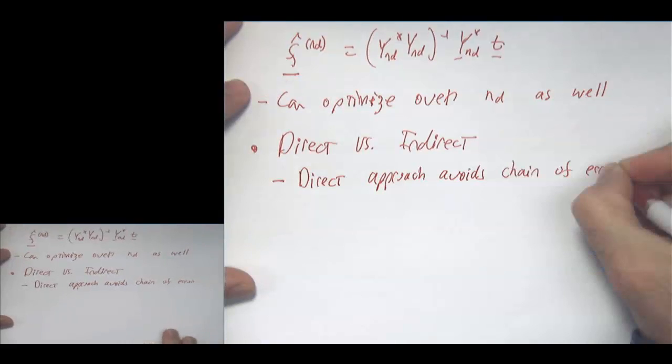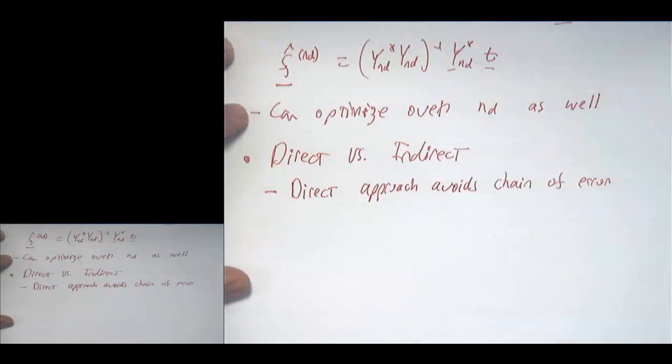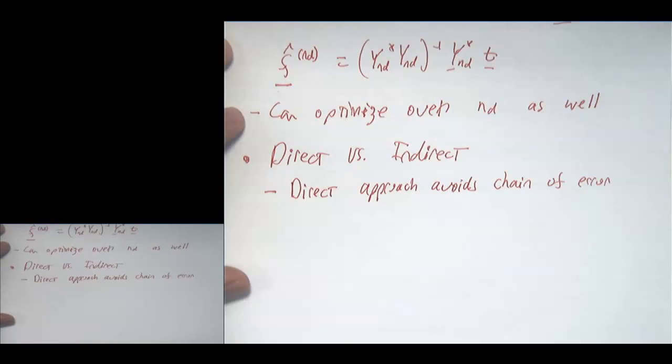And what I mean by that is that if we take the indirect approach, we estimate the channel, and then we estimate the equalizer. The estimation error is sitting inside our channel estimate, and that gets inverted to produce our equalizer, right? And so somehow we're going to be amplifying the error by doing that. It's like a two-step process. So here we're avoiding that amplification. That's the main benefit here. Another benefit of this is that